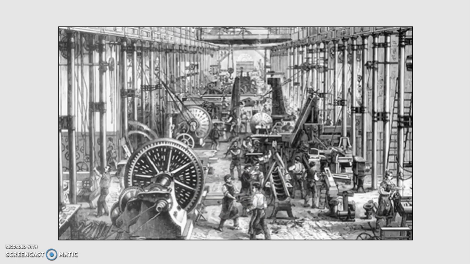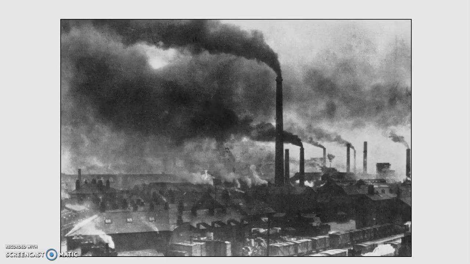During the Industrial Revolution, of course, what happened was factories were built and people began to work in factories. Now, factories back then were very polluting. They still are in some places in the world today, but every place that had a factory back in the 1800s and early 1900s was a very polluting area.